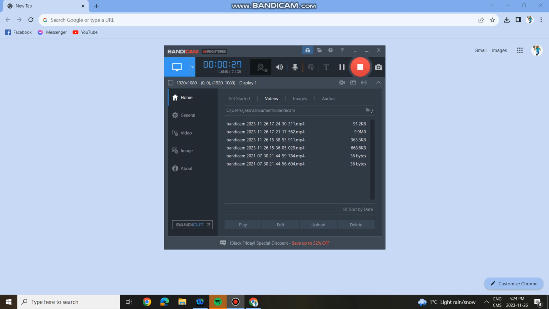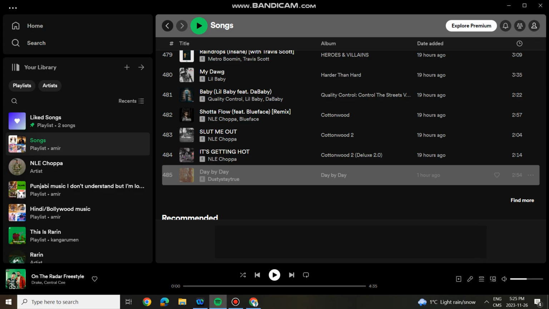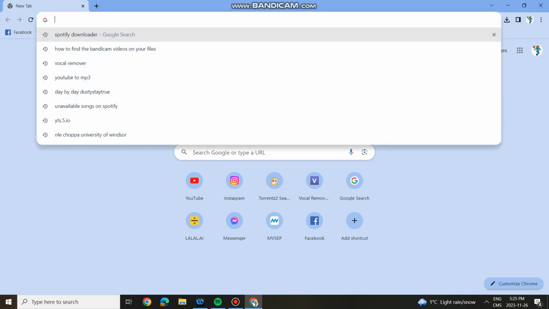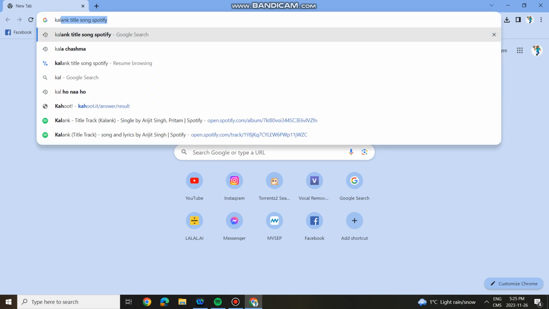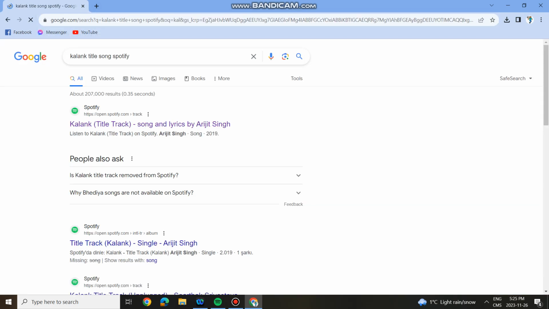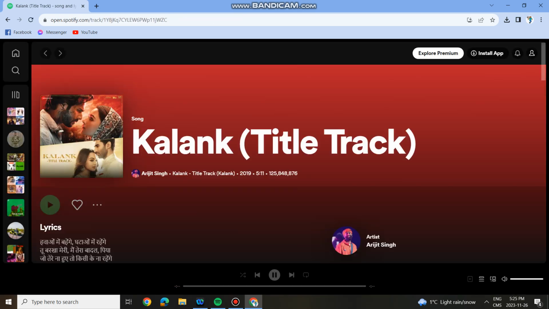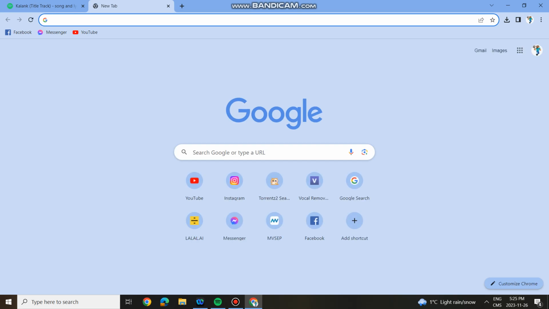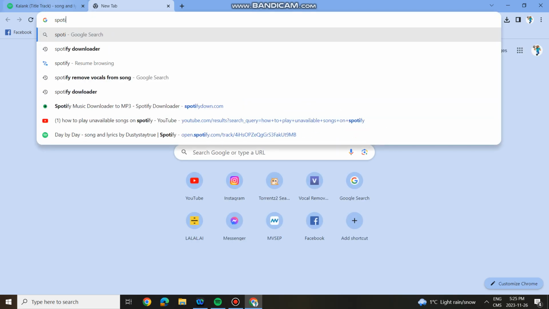So let's get it. This is so simple. All you need to do is just copy the song link from Spotify. Actually, I'm gonna do this song right here, Galunk. So this is so simple. Just copy the song link, and then just go to Spotify downloader,